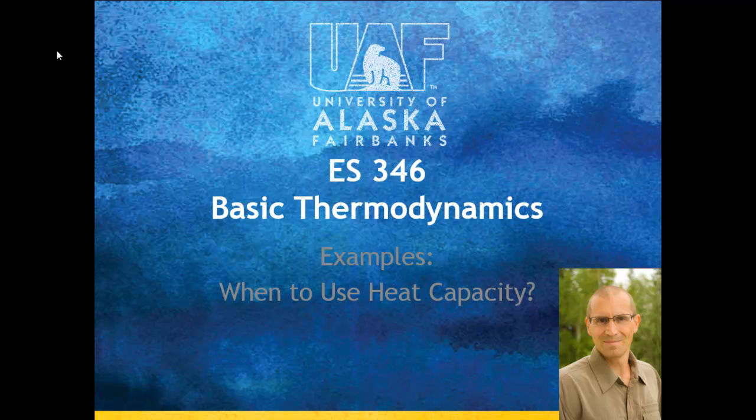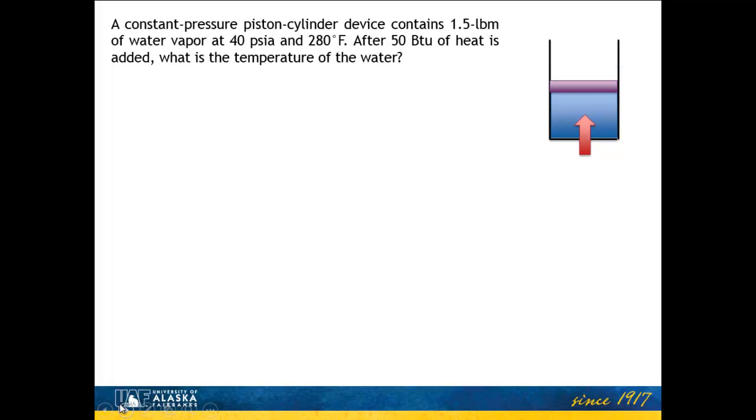These are examples, and what we're going to discuss today is when to use heat capacity. I'm Rourke Peterson. So here's the example problem we're going to do. We have a constant pressure piston cylinder device. It contains 1.5 pounds of water vapor at 40 psia and 280 degrees Fahrenheit. 50 BTUs of heat is added to the system, and what we're asked to find is what is the temperature